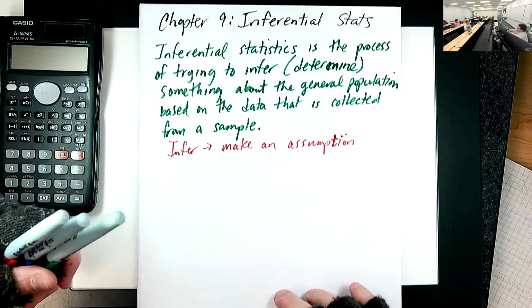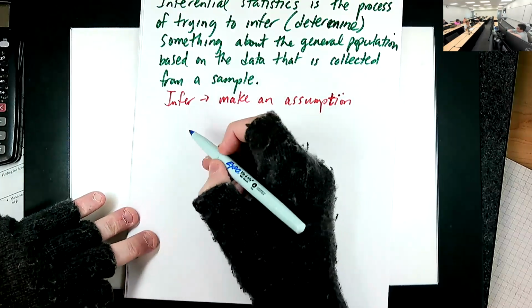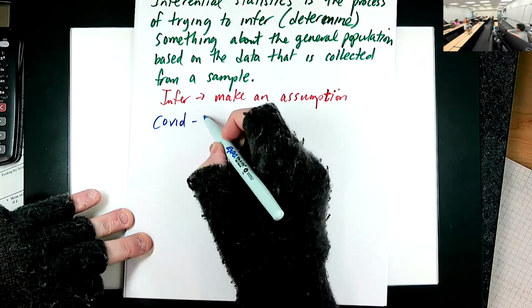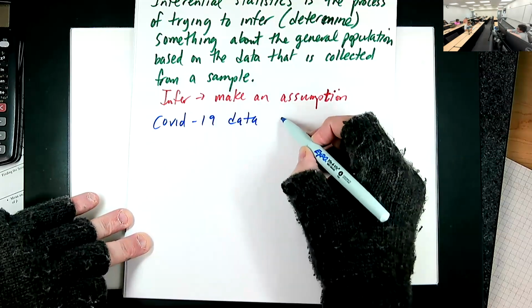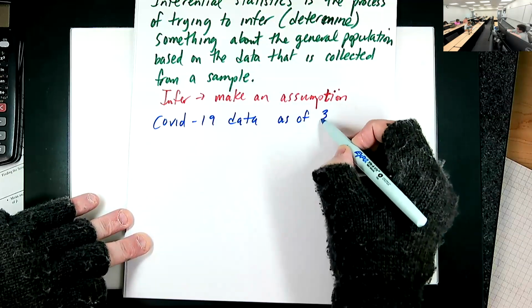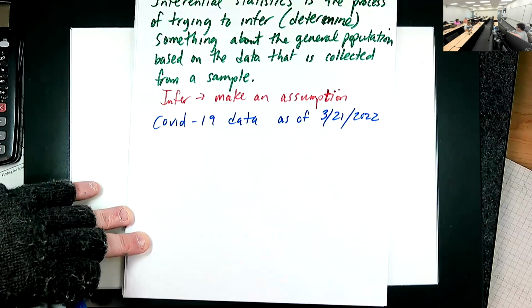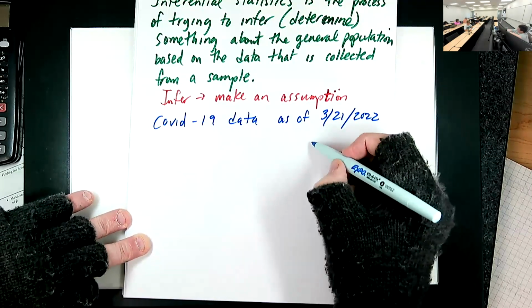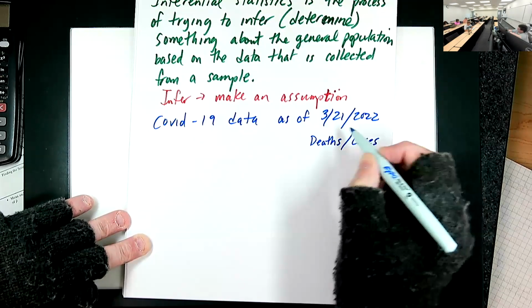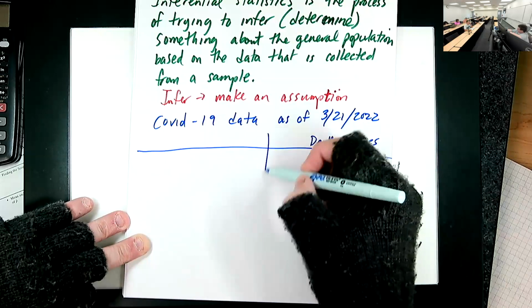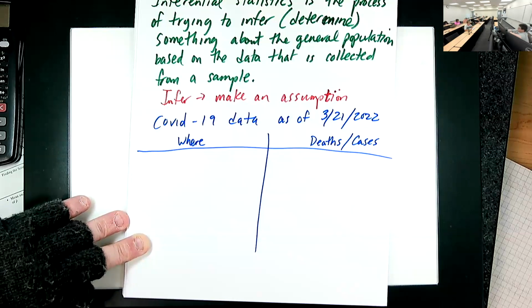All right, so here's some data. Let's give an example. COVID-19 data as of March 21st, 2022. So what I'm going to put on the right are deaths versus cases. And on the left will be where. Worldwide,